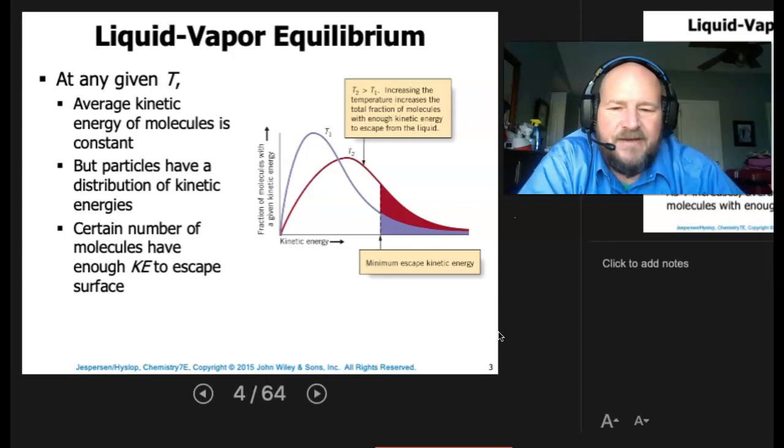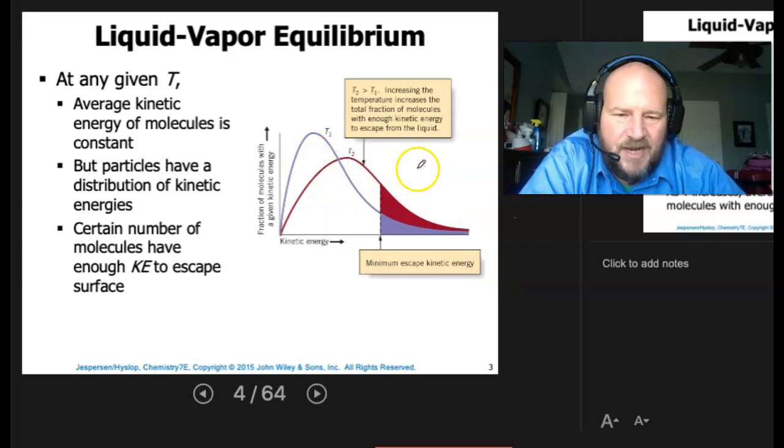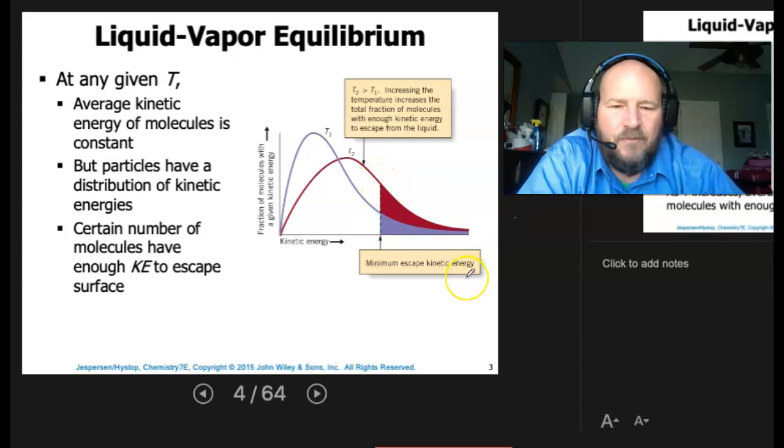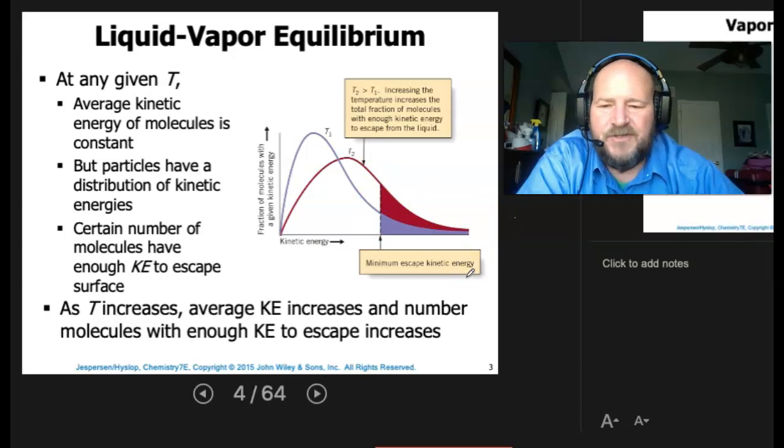As we add heat, just like we saw with gases, it's going to spread out. The average is going to go up, but there's going to be a larger distribution, except now we have a place where they can escape. So once they get to that certain point, more of them will now become a gas. So as temperature increases, so does the average kinetic energy, and so will the number of molecules with enough kinetic